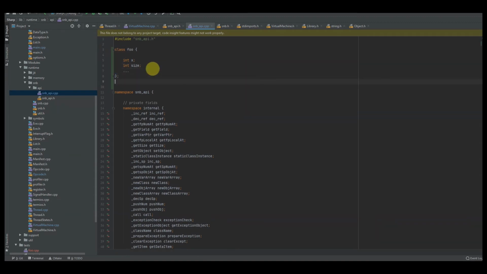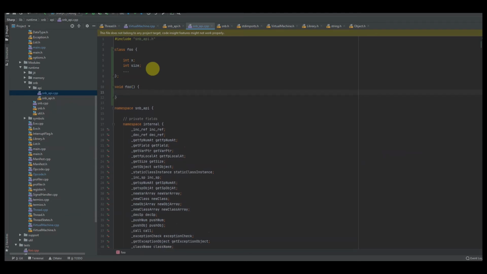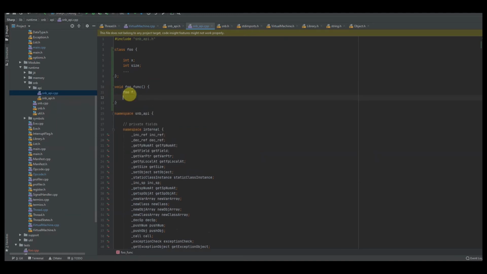Well, whenever I have a function, say a foo function, I create a foo f, and I say f.x is equal to 100. There's a problem when it comes to doing this,